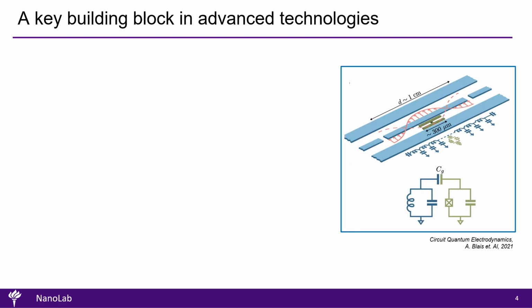In the late 1990s and early 2000s, a key breakthrough took place: the experimental demonstration that a single microwave photon, stored in a high-quality superconducting resonator, can coherently couple to a superconducting artificial atom. This achievement launched a new era of quantum optics experiments and gave rise to the architecture now known as circuit quantum electrodynamics, or circuit QED. Circuit QED has helped advance our fundamental understanding of light-matter interaction.